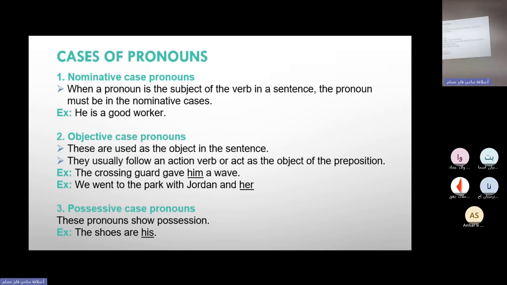In the case of the possessive pronoun الملكية, okay, these pronouns show possession. ملكية. Okay? The shoes are his. شو يعني the shoes are his؟ إلو. اوكي؟ له هو الضمير الملكي. اوكي؟